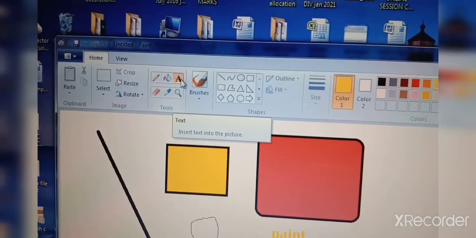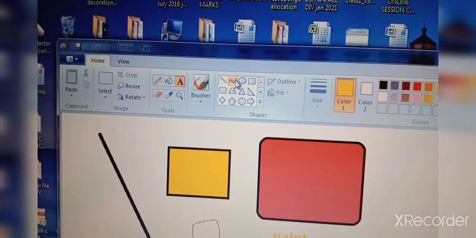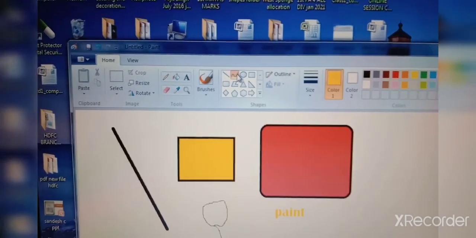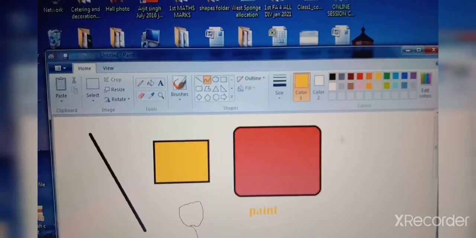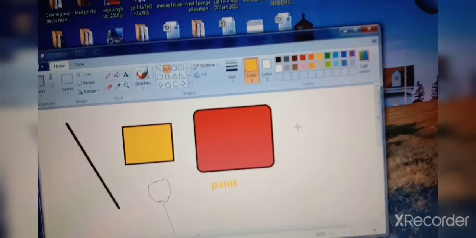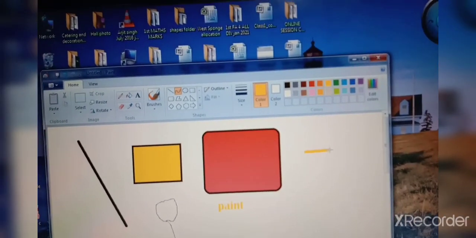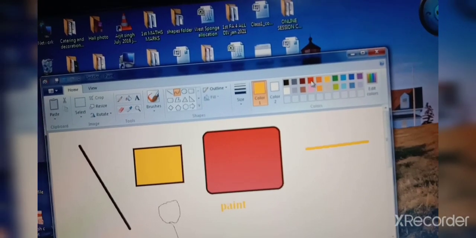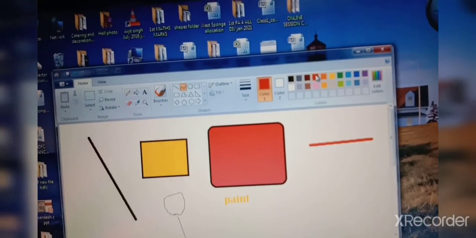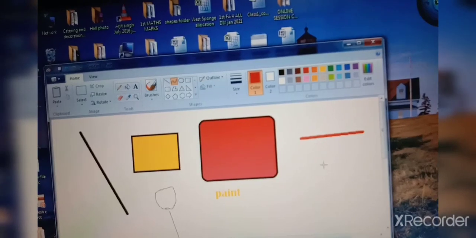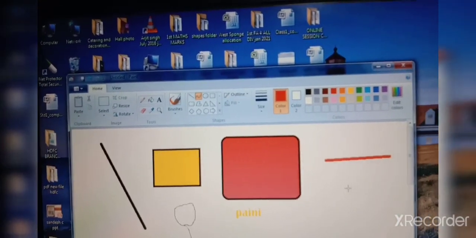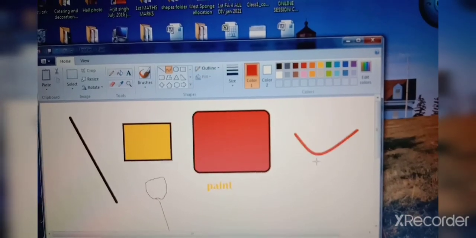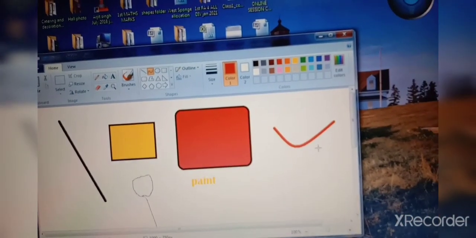Now, curve tool. This is curve tool, children. See here. Click on this. And now, draw a line with the curve tool. I will take red color. Click on the red color. See. And now, you click here 2 times. How you want to turn the curve? There you click. 1 and 2.